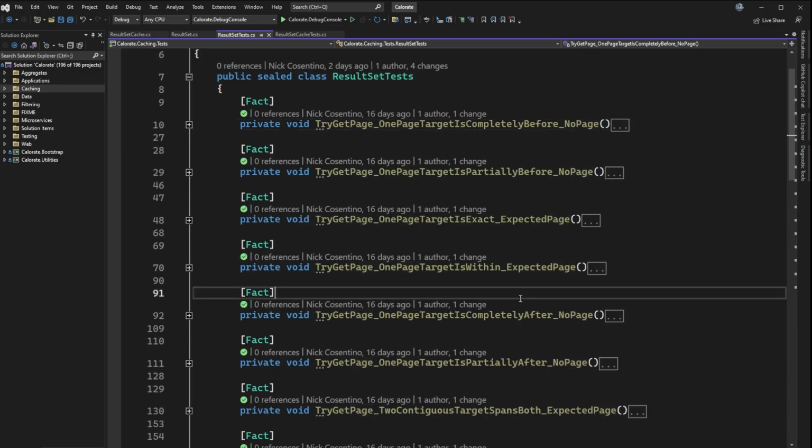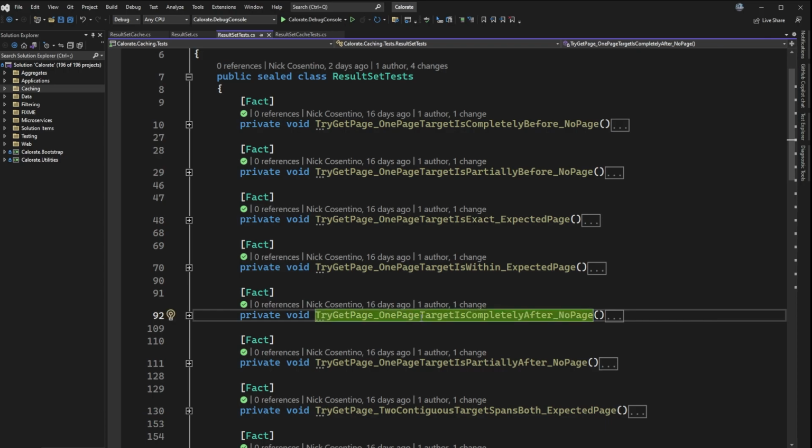There's going to be a very similar one, which is the exact opposite case, where we have a page that we're targeting completely after all of the data that we have in the result set. So this one we don't have to go look into, but if you see my thought process, I started with something that was exactly the same, something completely before, and something completely after. At this point, I probably had some of my algorithm coded up because I was able to walk through it on paper. But this is where it starts to get a little bit more interesting with something like this one